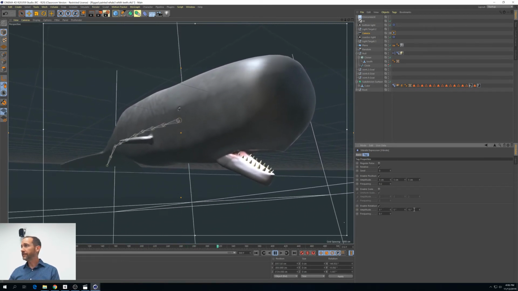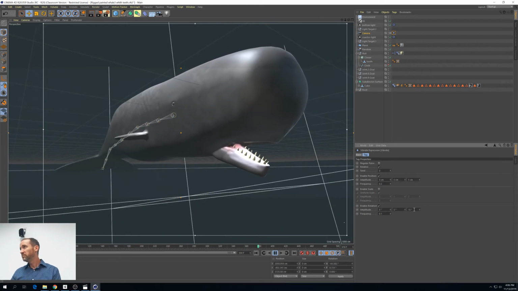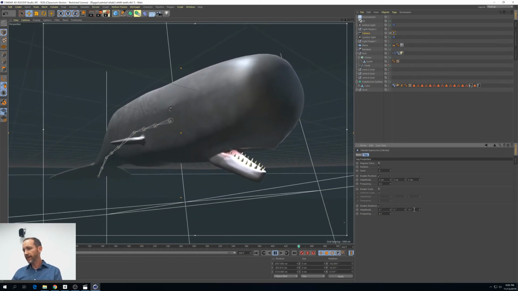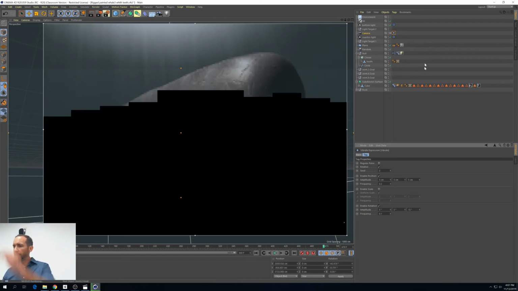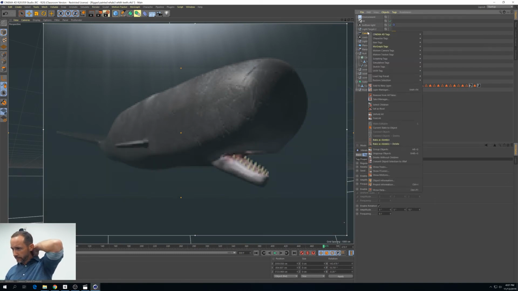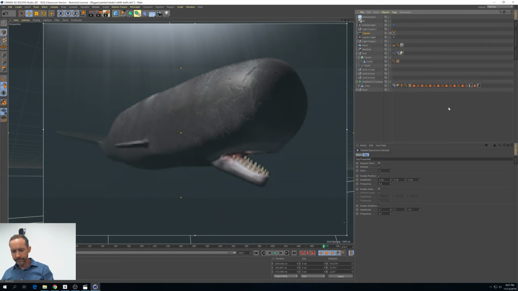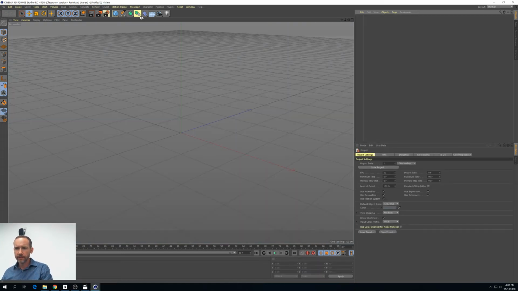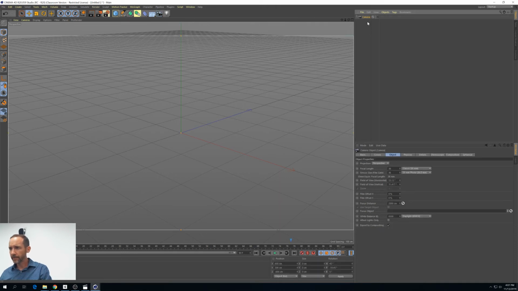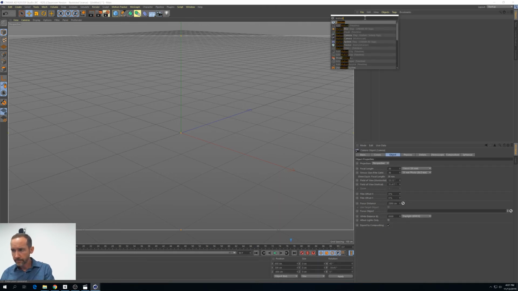Yeah, so there we go. We're getting some camera movement. That's okay. I think you could spend a little bit more time with that. The other thing to investigate here is right-click, motion camera tags, motion camera. Right click on the camera. Yeah, it's just a tag. So if you just Shift-C motion camera, that'll come up. If you make a camera, Shift-C motion camera